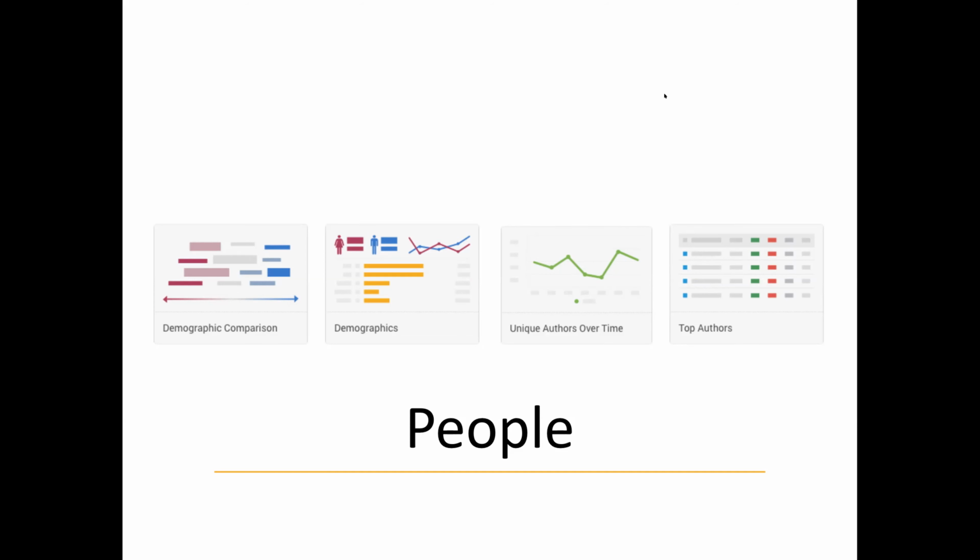The top authors part is important if you're doing an analysis for brands, because then you're able to identify, for example, who would be the suitable people to do your influencer marketing. So that's how you can leverage the people aspect of social media data to come up with an